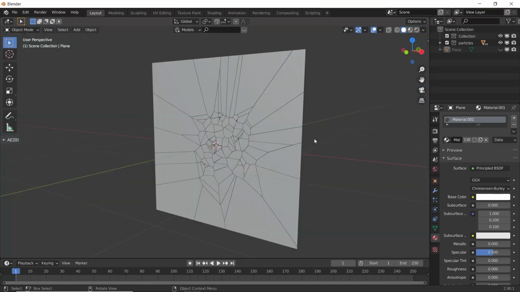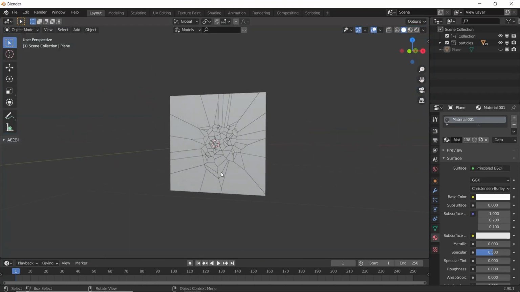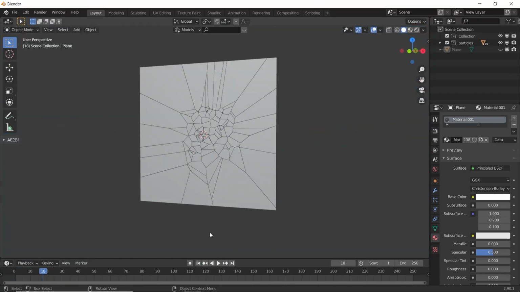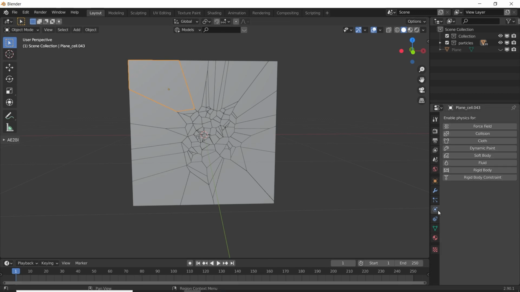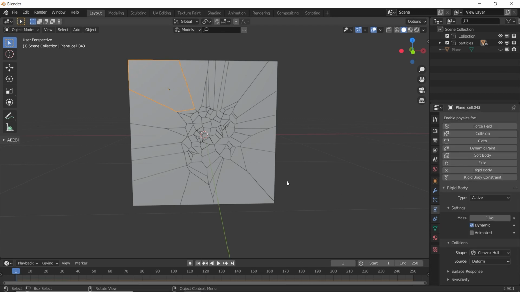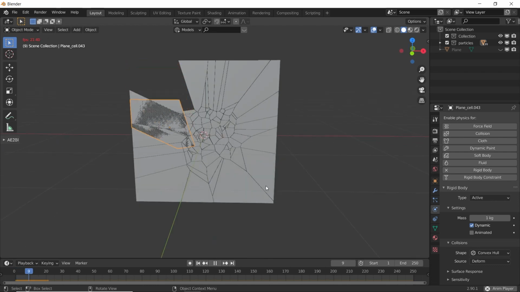Now let's go to solid view. Let's play the animation. See, nothing is happening because these objects don't have any physics right now. So select any one object, go to physics properties and give it a rigid body physics. Now if you play this one, it will fall down.